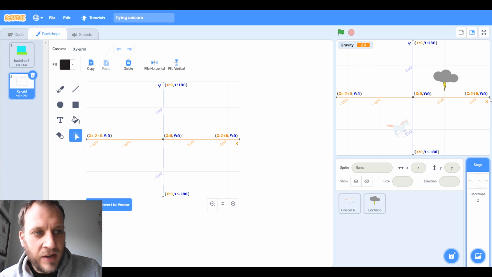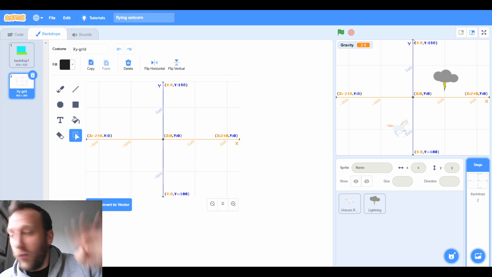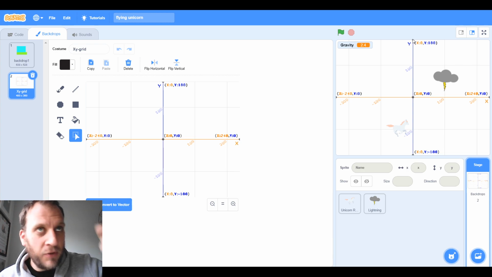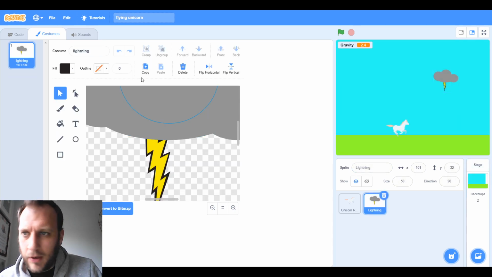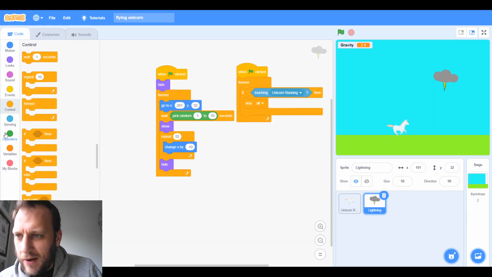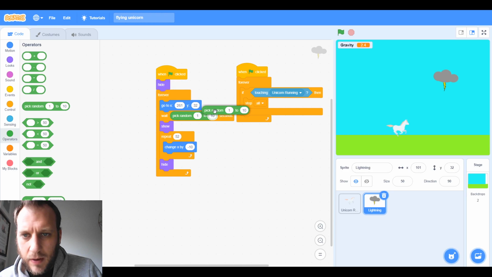It shows us that the right on this edge is X 240, right on this edge is X minus 240, and then you've got the top here is Y 180, and I've got Y minus 180. So I'm going to use those values, but bearing in mind, minus 180 is right at the bottom, 180 is right at the top. I don't really want my cloud to be appearing right at the bottom or right at the top. I want it to be close, but not so it's off screen or half off screen. So I'm just going to go back to my backdrop 1. I'm going to go back to my lightning, and I'm going to go back to my code, and I'm going to get that random box again,